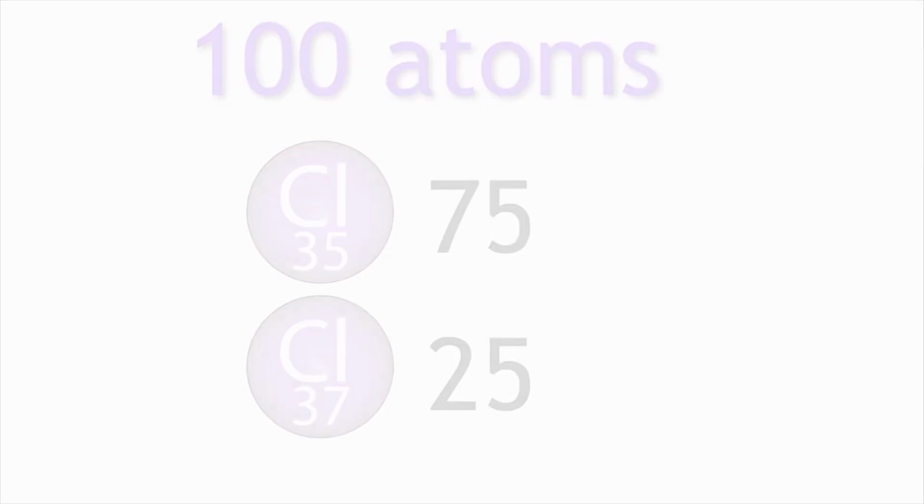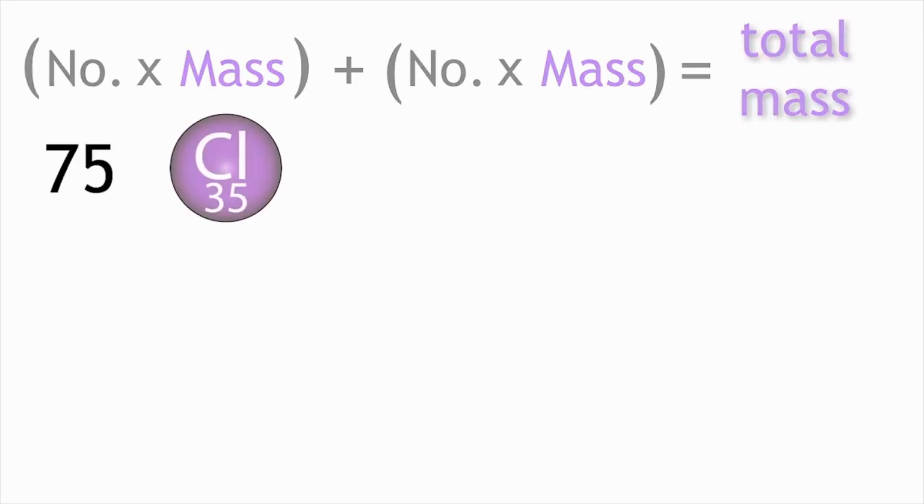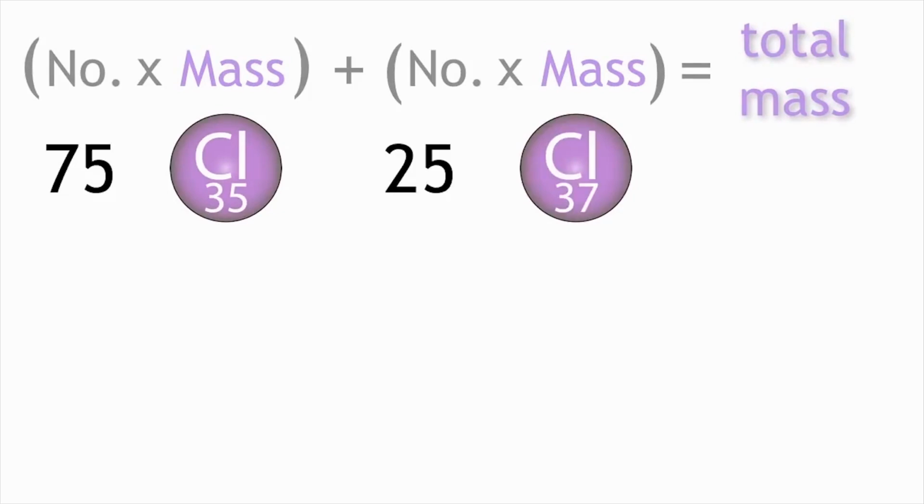We first find out the total mass of the sample. We do this by multiplying the mass of each atom by the number of atoms present for each isotope, and then we add them together. For chlorine-35, there are 75 atoms, and for chlorine-37, there are 25 atoms. So, the mass of 100 atoms would be 75 times 35 plus 25 times 37, which is